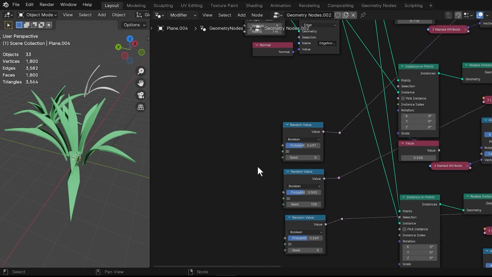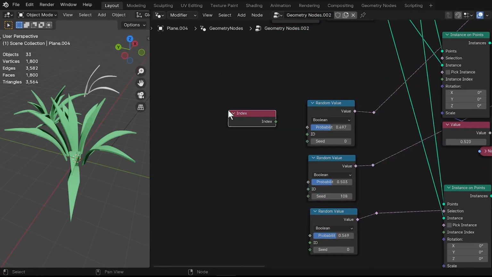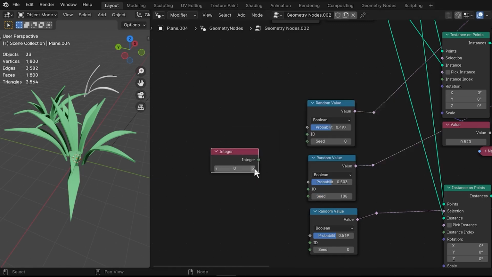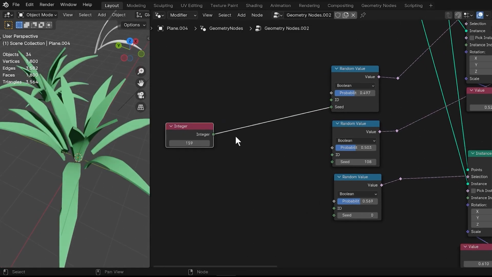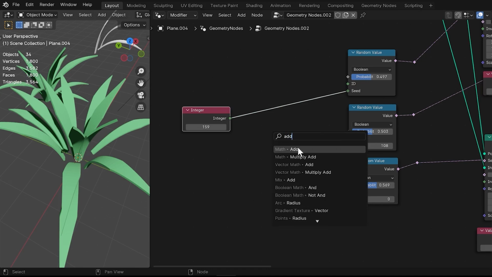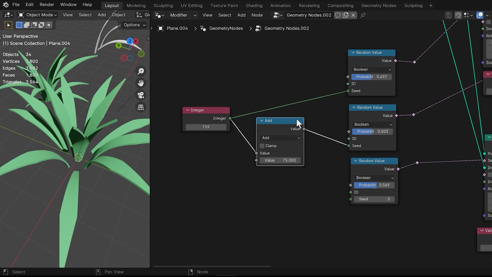Now, we will control the seed values using a single value. So let's add an integer node. Plug this in the seed. So this is our seed for the top leaf, and we want the seed to be different, not the same. So let's add some value. Let's say 75 for this one, and